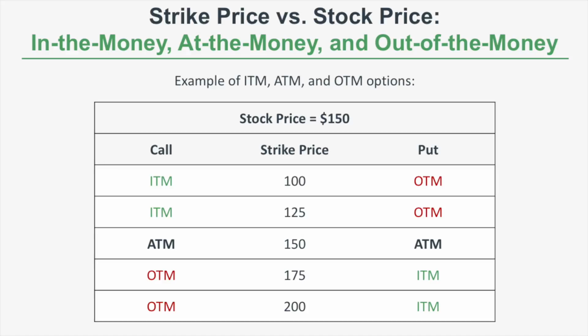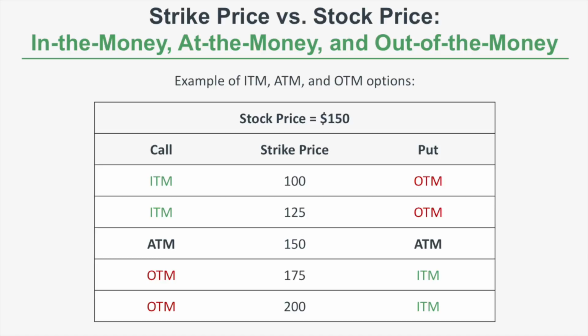So let's talk about how you can make sense of these terms intuitively. In the money basically means there's value to buying or selling shares at the option strike price as opposed to buying or selling shares at the current market price. So call options are in the money when you can buy shares for a lower price than they're currently trading for, which means the call's strike price is below the stock price. So if we look at the 125 and 100 call in this example, they're in the money because there's value to buying shares at $125 or $100 per share as opposed to buying stock at $150 per share,